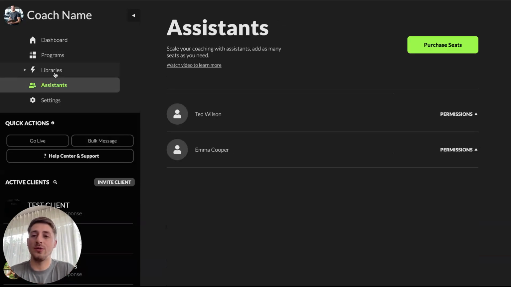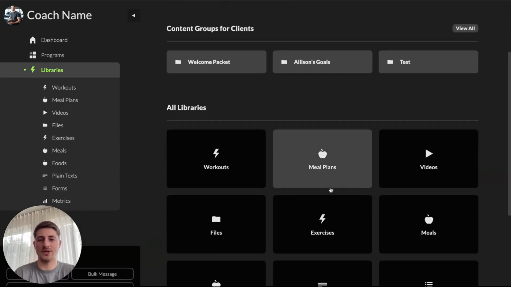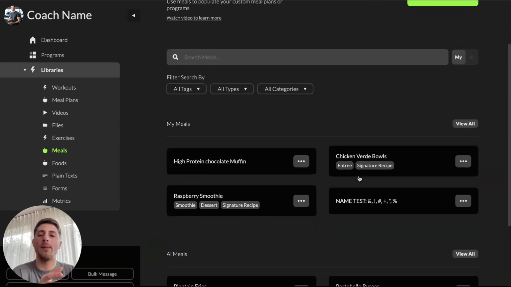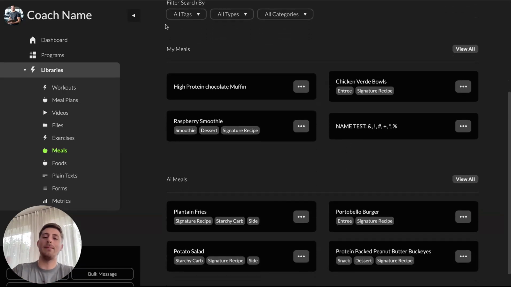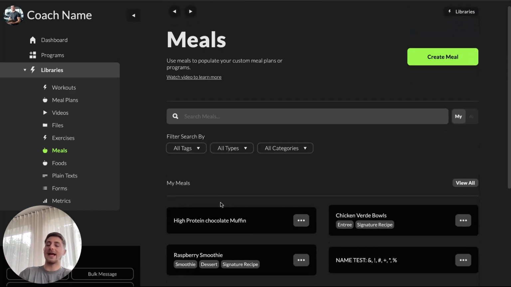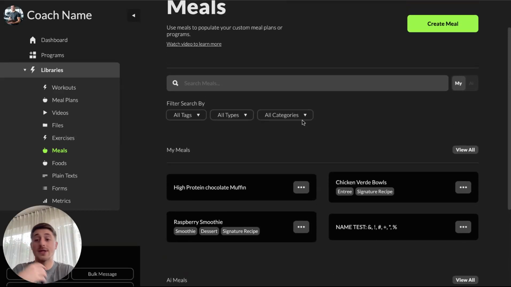However, before I go into the content groups section, we actually super quickly want to go to the meals section that we find right here under the libraries as well, because I just want to remind you that there are two types that we find, two categories in this library, My Meals and AI Meals. AI Meals, right, containing a bunch of simple meals, very simple combinations, easy for clients to use, but also some really cool signature recipes like the ones you are seeing here with more ingredients, cooking instructions involved and everything like that. And of course, you have the My Meals section, which is the part where you can just create brand